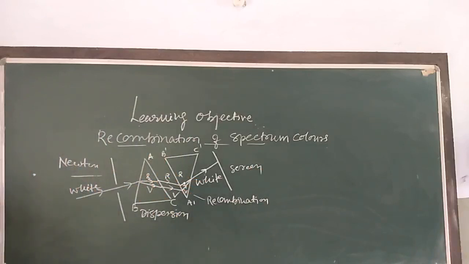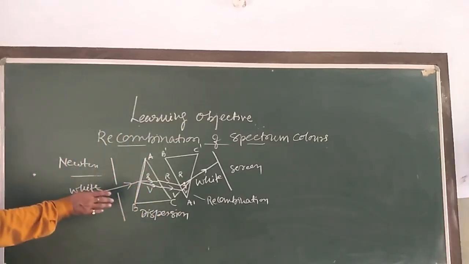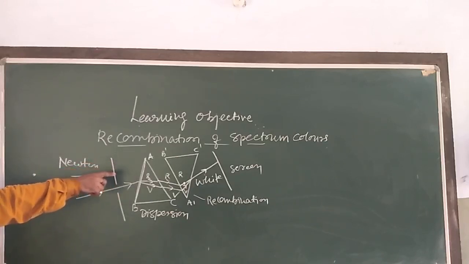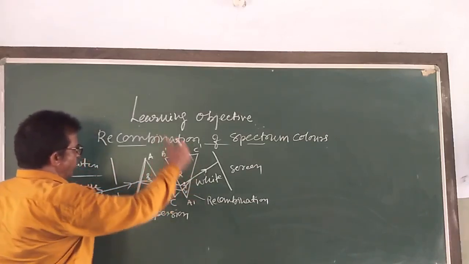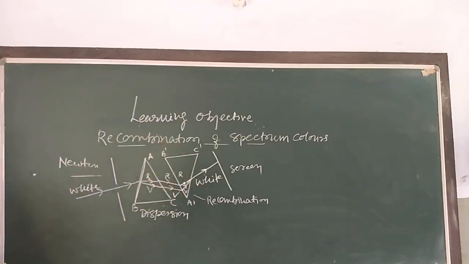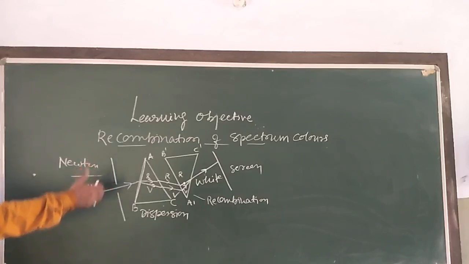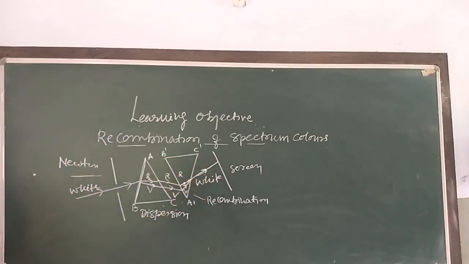My dear children, Newton then passed the beam of sunlight dispersed by this glass prism A, B and C on another identical glass prism A dash, B dash, C dash, and the prism was held alongside the first prism. इसको इस प्रकार से रखा हुआ उल्टा, that is called alongside. He found a beam of white light emerging from the other face of prism A dash, B dash and C dash. Again we are getting here